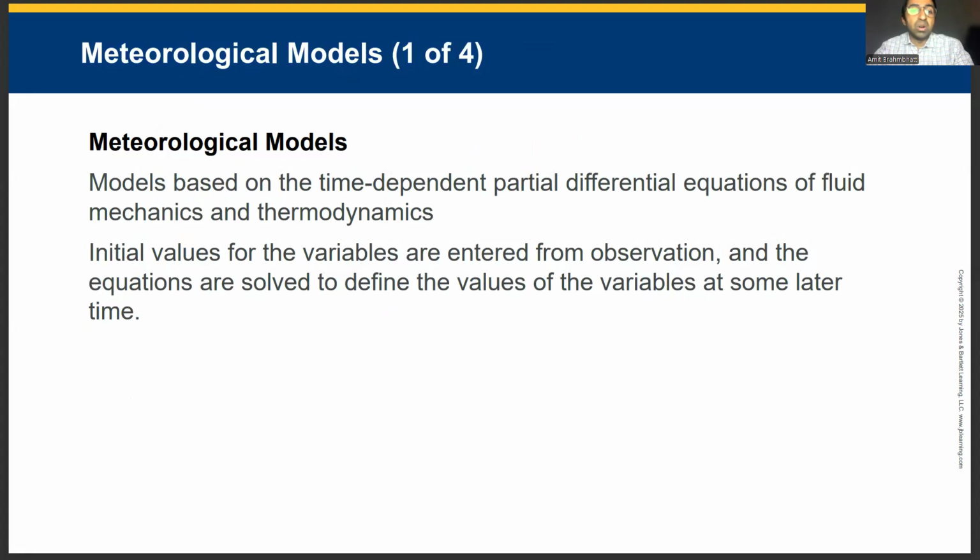Meteorological models rely on physics, fluid mechanics, and thermodynamics to simulate atmospheric behavior. These models start with observed variables such as temperature and wind speed and apply equations to predict future states. Because the atmosphere is chaotic, small measurement errors can grow quickly, limiting forecast accuracy. Still, simulations remain essential for weather